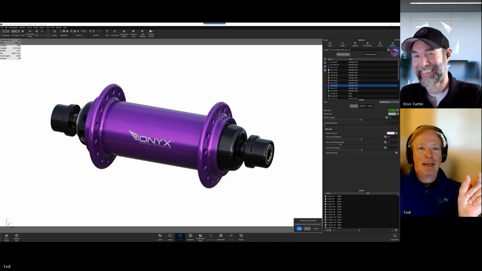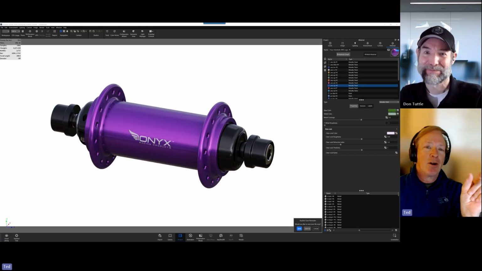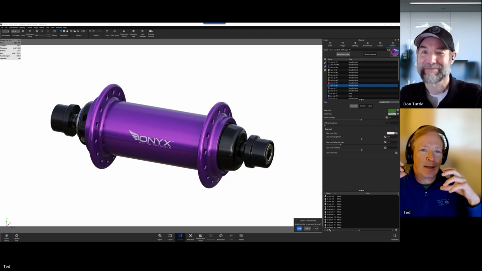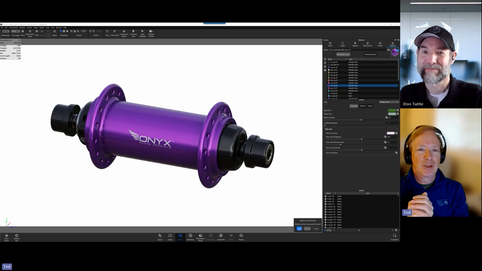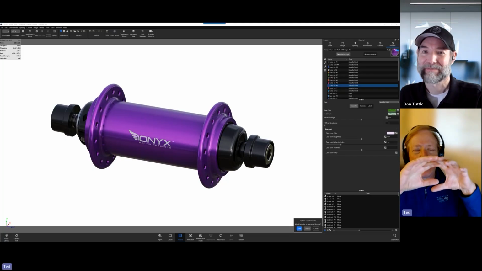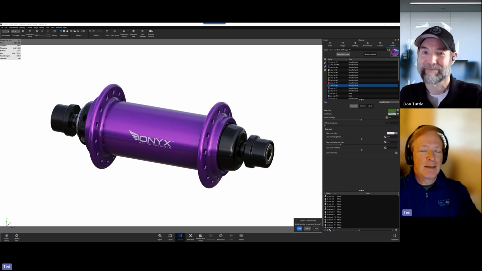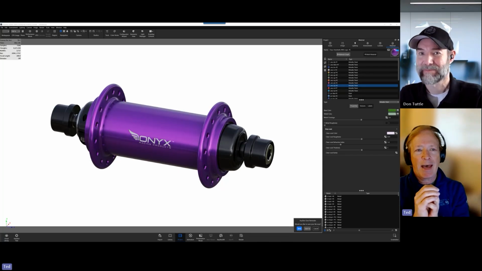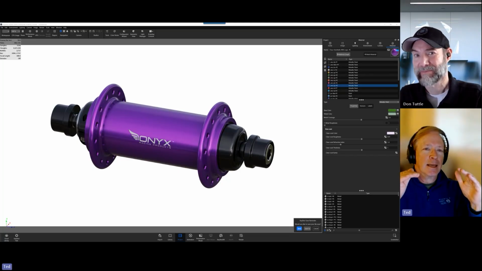Well, in the computer world, it's a ginormous task. But in the human mind, it's very simple. You just grab it here and move it over there. The computer programming languages have to break that seemingly simple task into hundreds, if not thousands, of little tiny steps. And so in the background, once you get your head around that, it makes it easier for